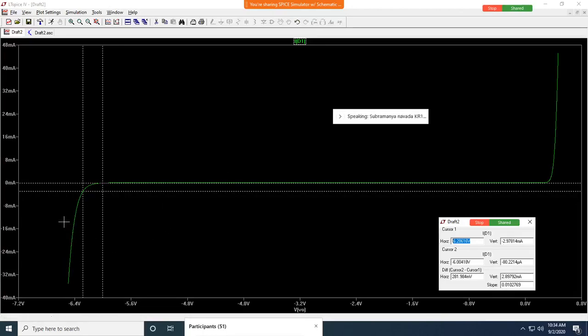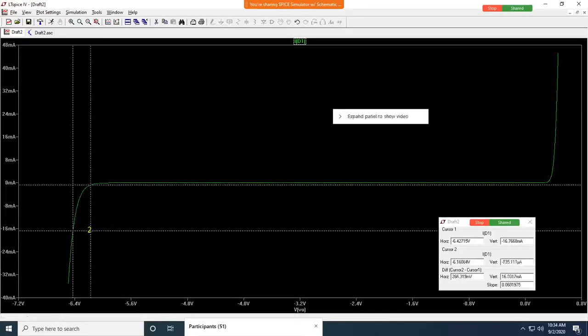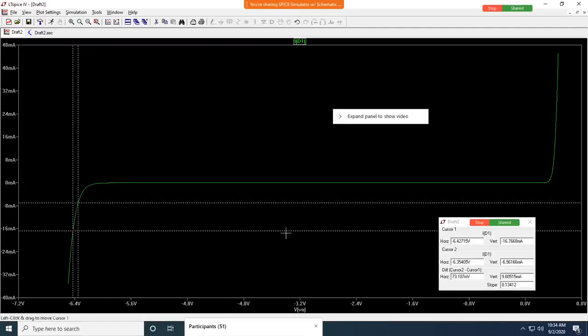Now here also you can find out what is the on resistance when the diode is reverse biased and broken down. You can still find out the resistance. It is still very less, in terms of 73 millivolt to 9 point something milliampere. Just find out what is the resistance here. 7.45 ohms. You have to always talk in terms of the unit. This is when it is in reverse breakdown.